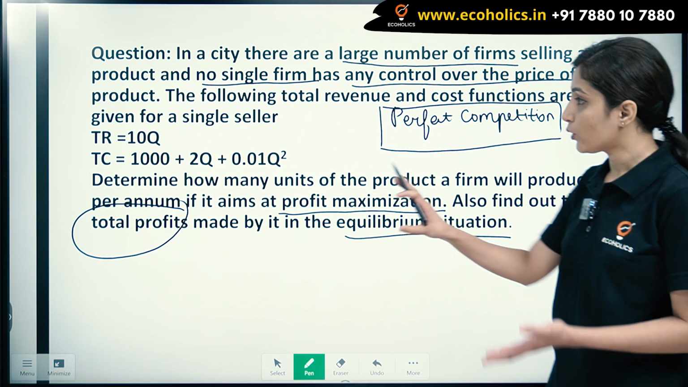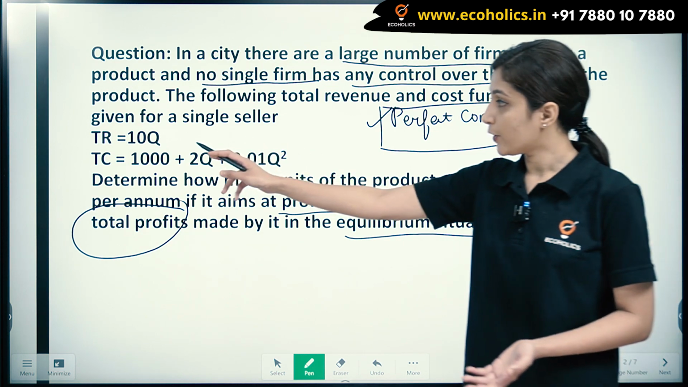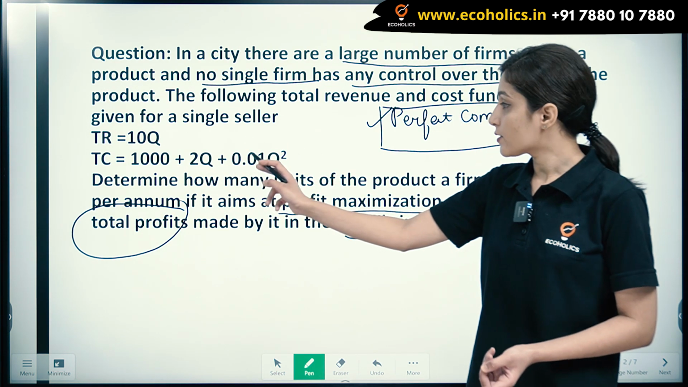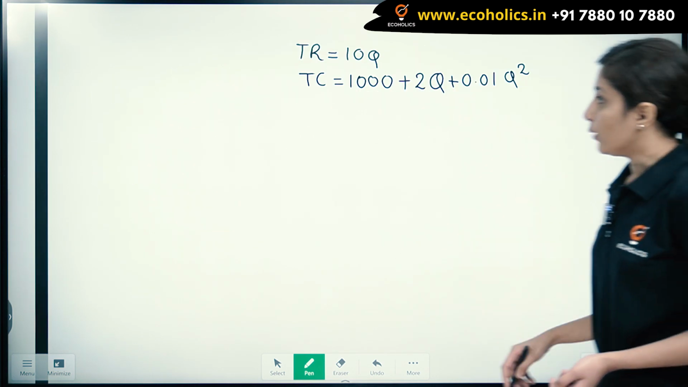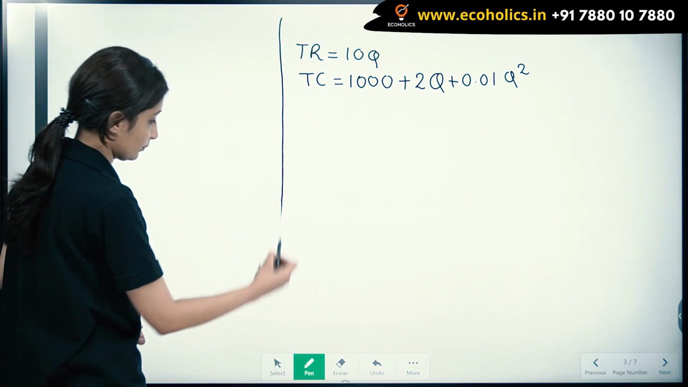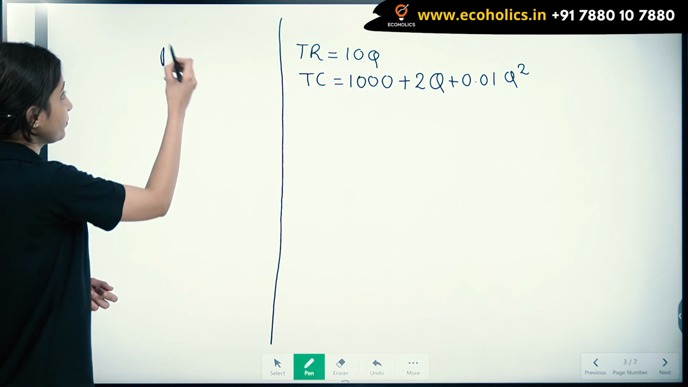So what all things are given in our question? It is a perfect competition and our total revenue is 10Q and total cost is 1000 plus 2Q plus 0.01 Q square. Now, we have studied that in case of perfect competition,